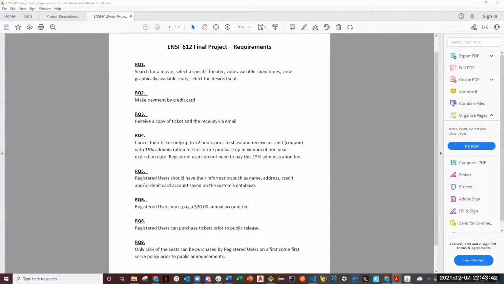If I go to cancel a ticket and it is outside of the allowed window, what you'll do is you'll receive a credit. And then if I'm logged in as a registered user, I won't pay the 15% administration fee. But if I'm not logged in, I will pay the 15% administration fee. And then with the coupon, it's issued to expire within 1 year. We also do have checking to make sure that when someone enters their coupon code, that it isn't expired. Moving on to requirement number five,